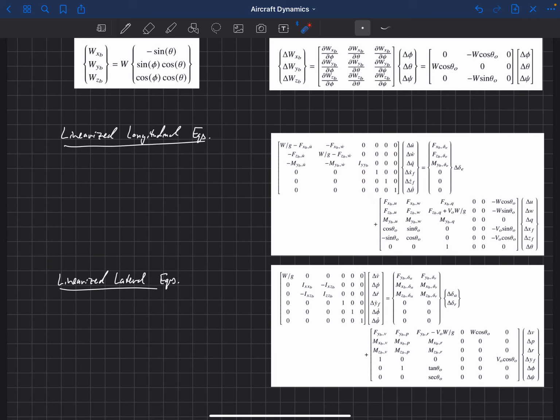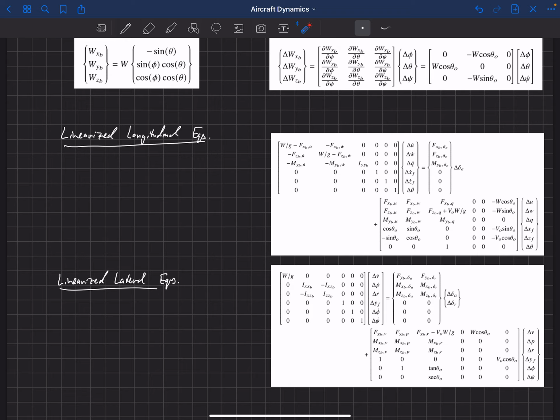That's really powerful because as we get further along and get estimates for things, we're going to find that these smaller matrices are much easier to work with, at least from an analytical standpoint. Numerically, we wouldn't care. If we were to plug this into a computer, it wouldn't care whether we're solving a 6x6 or a 12x12 matrix. Computers today can solve either of those just fine. But when we're trying to study the dynamics and understand on a more fundamental level, it's going to be really helpful that we can divide these into the longitudinal and lateral equations and analyze them somewhat independently.